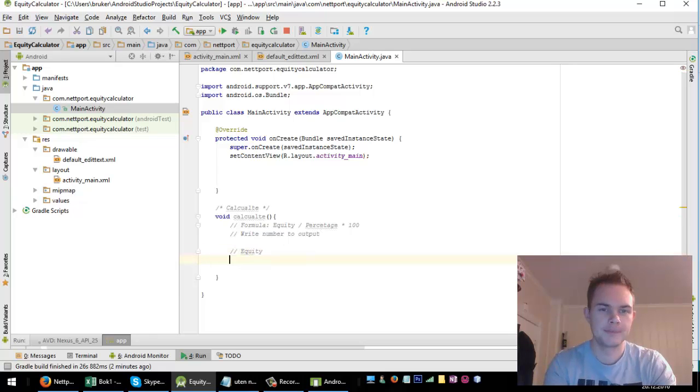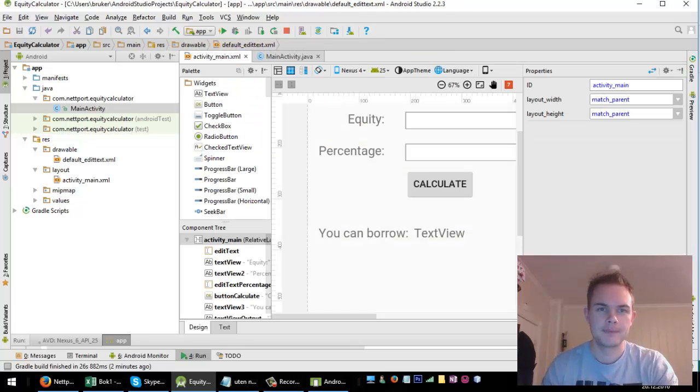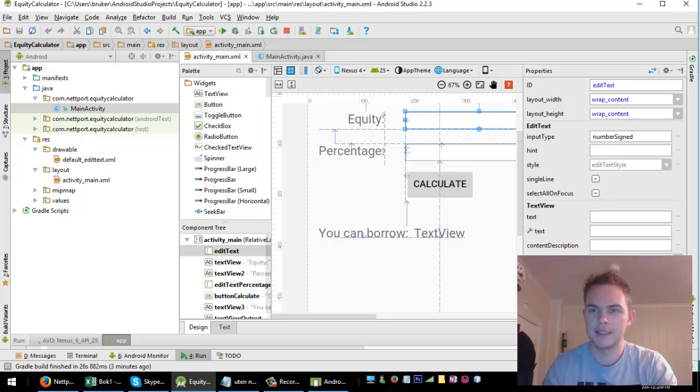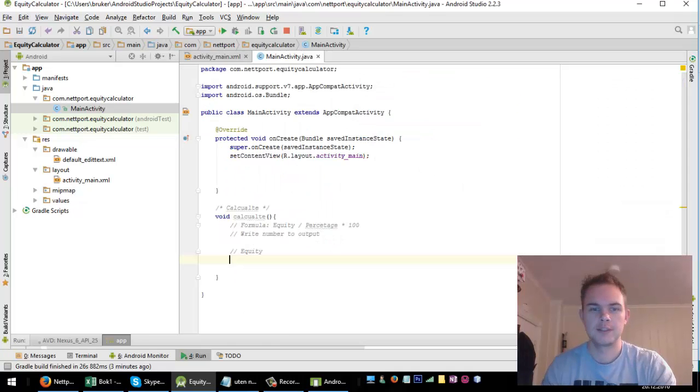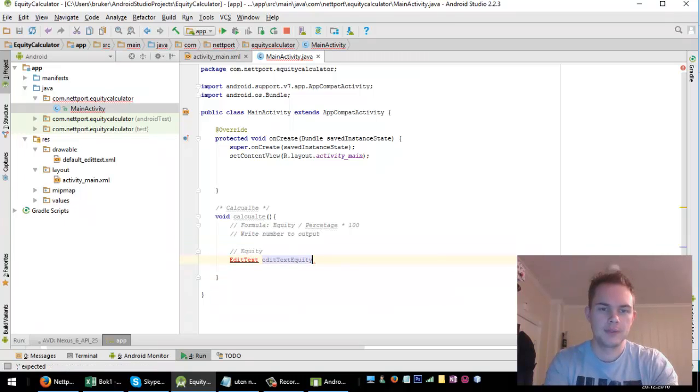So equity is, let's close this. We can have a look at this. It's an edit text, and we have to name it edit text equity so that we can find it. So an edit text of the name edit text equity is an edit text,